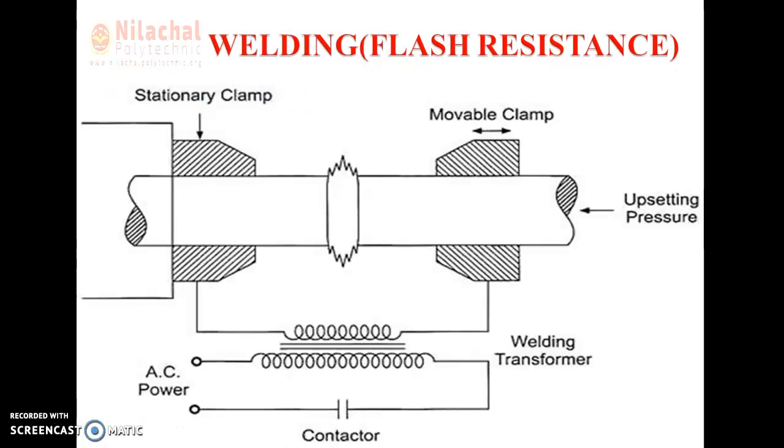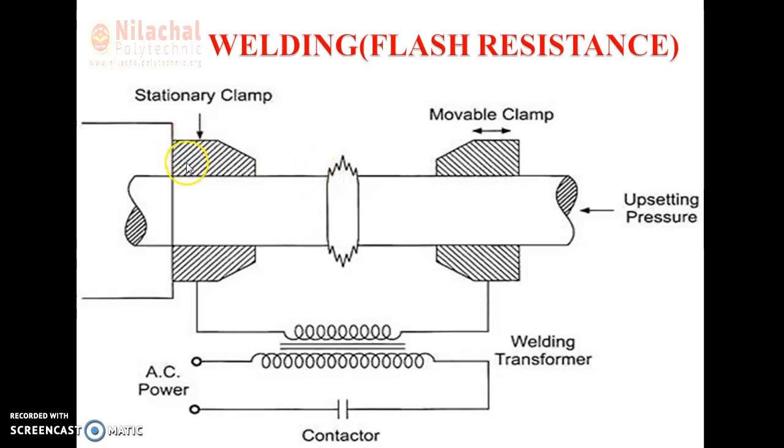Then let us go through the discussion about the figure. Now, like all resistance welding, here also we are using a welding transformer. Here it is named the movable jaw. That means this jaw can be moved, as we have the arrow. Just like the arrow, this workpiece should move in this horizontal position.